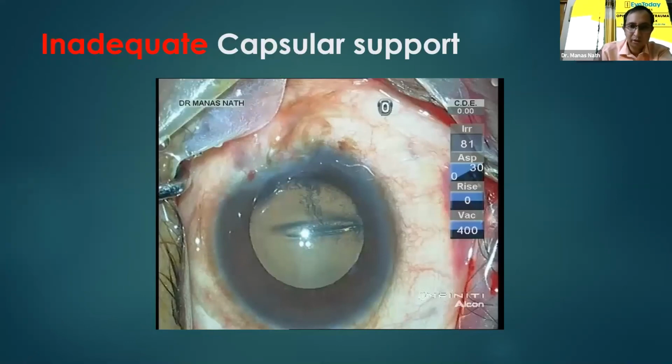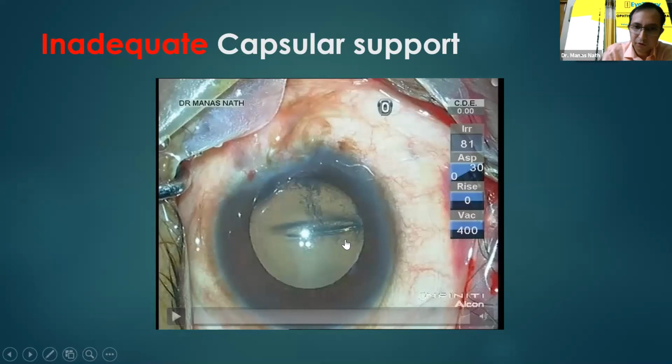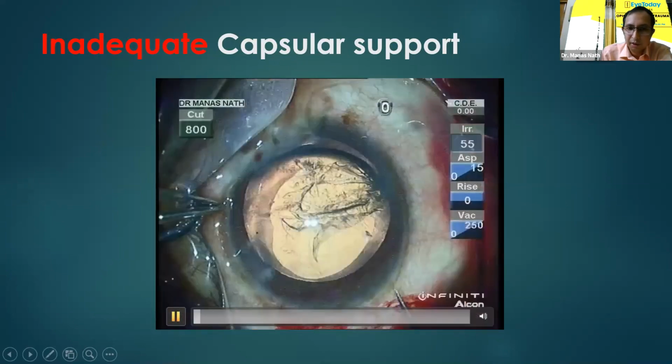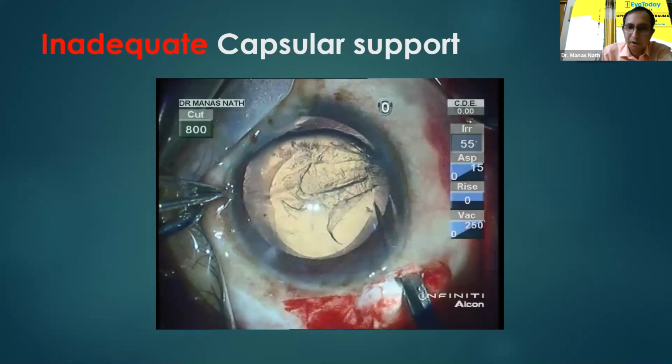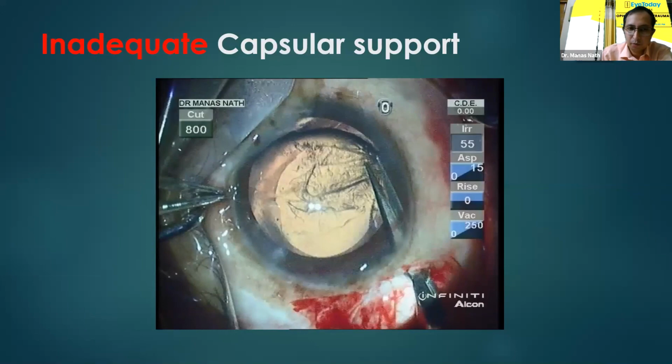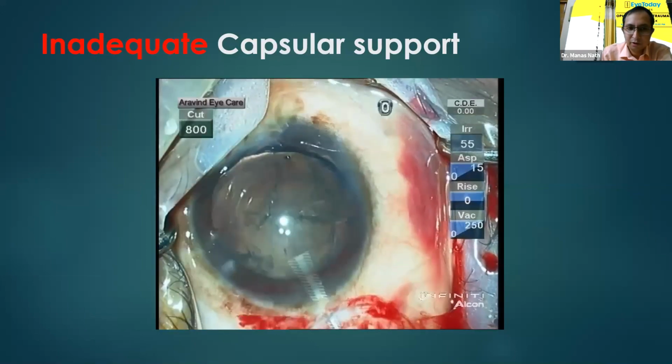So this is my last case. This is again a case of 3 to 4 clock hours zonular dehiscence with an ALC fold, maybe because of fibrosis here. And here I was not fortunate enough to have a good rhexis margin. There was extension here, so implantation of a CTR is not possible. You cannot implant a CTR whenever the rhexis is not intact.